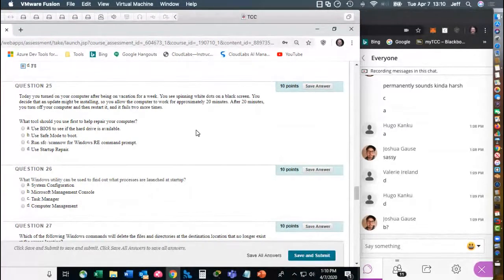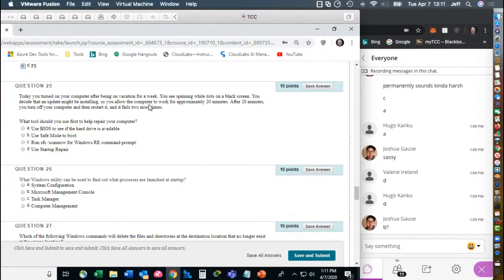There's no harm in any one of them running, B, C, or D. Not a great question here because if you boot into Windows RE, to really get there, you kind of need to do D, right? So startup repair. And I would think that you'd kind of want to do that anyway